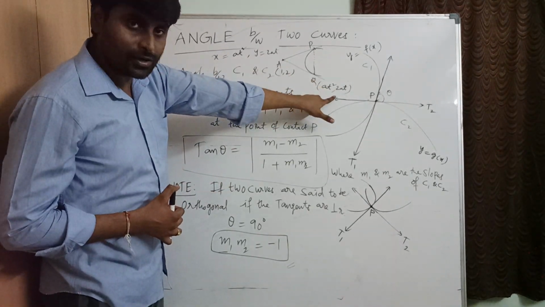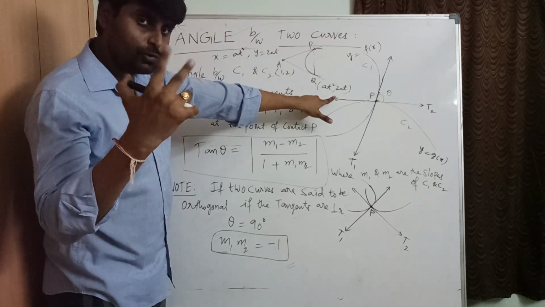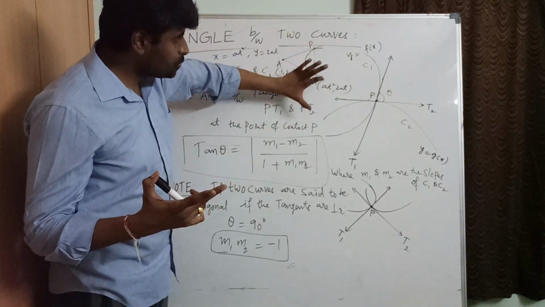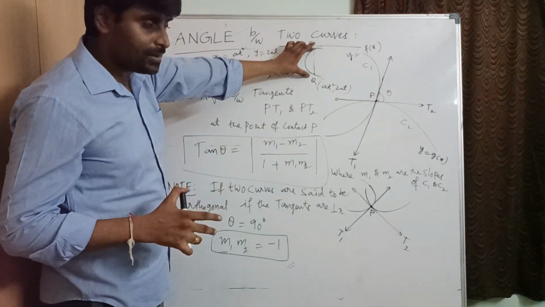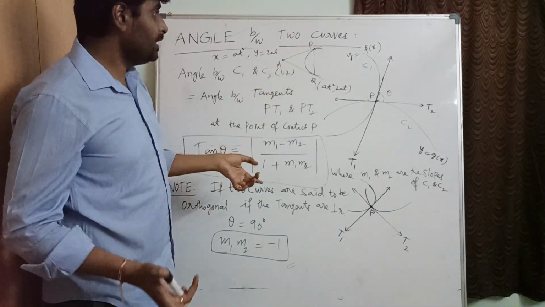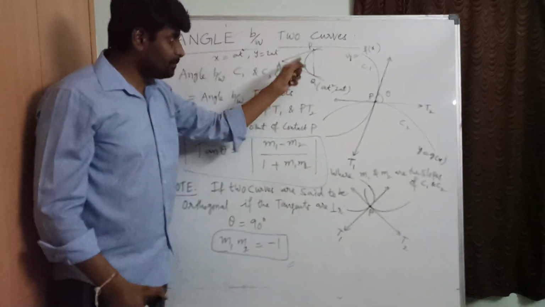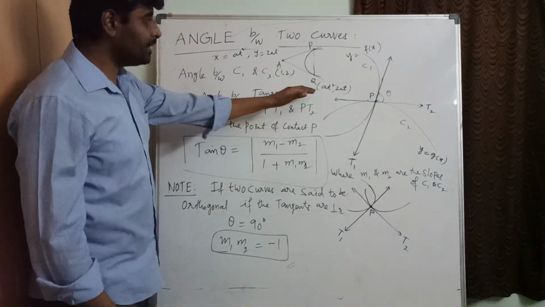This point will become original. We'll get two values for t. By substituting two different values, we'll get two different points. After getting these 2 points, finding the distance between those 2 points of contact will be very easy. Whenever you know both the points, we can easily find the distance between both the points by using the distance formula: root of (x2 minus x1) whole squared plus (y2 minus y1) whole squared.